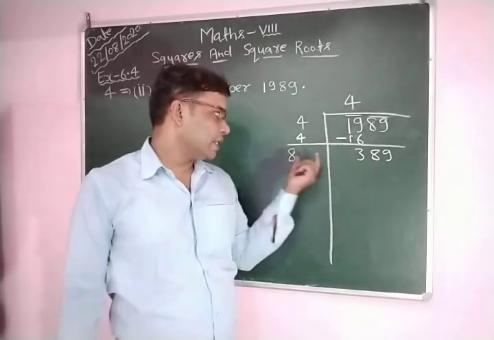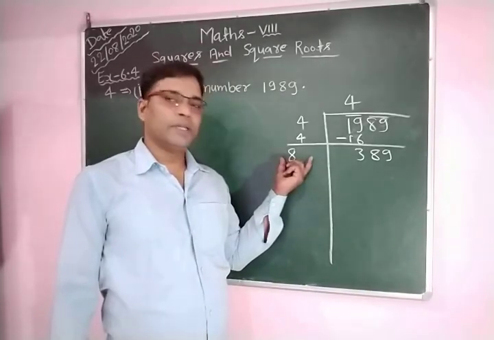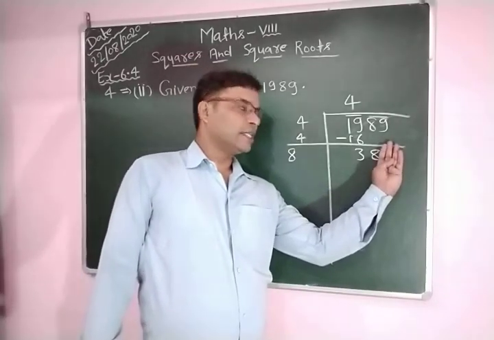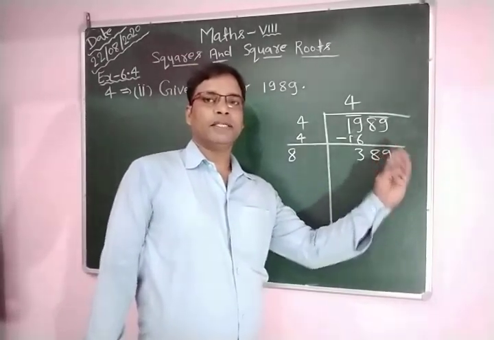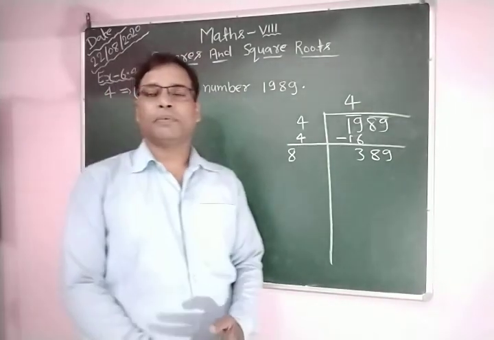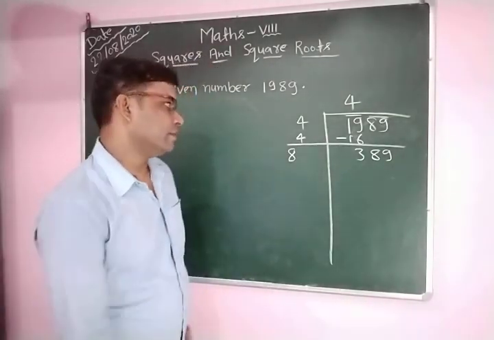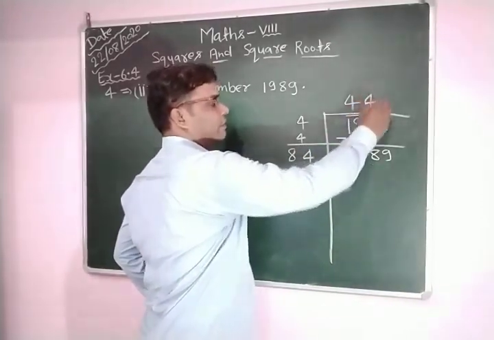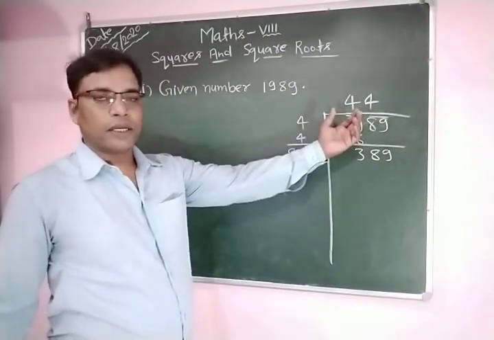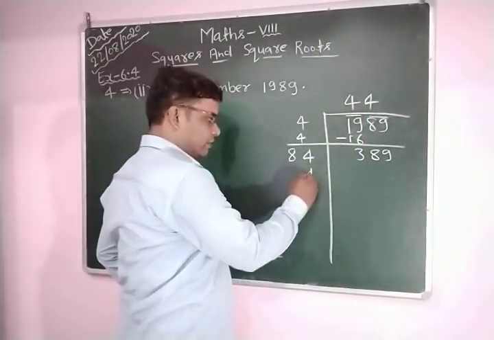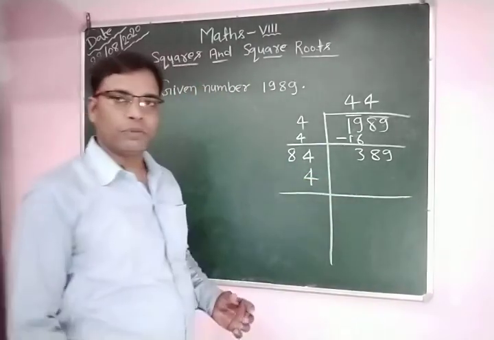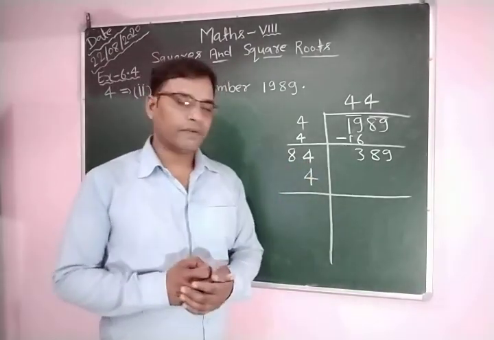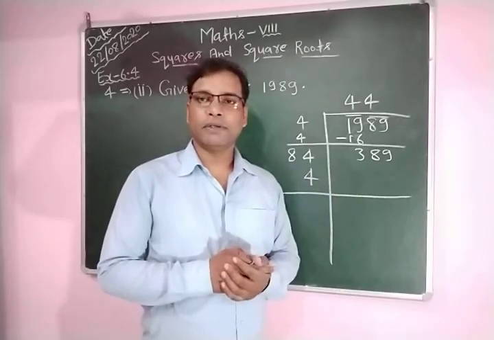For this, if you multiply these divisors, then we obtain a value less than or equal to 389. So if we hide this 9, you can see only 38. If you divide 38 by 9, you can obtain near about 4. So we write here 4, and again we write here 4. Okay, so our quotient is 44, and after this we multiply 84 by 4. So 84 is our new divisor, and 389 is our new dividend.